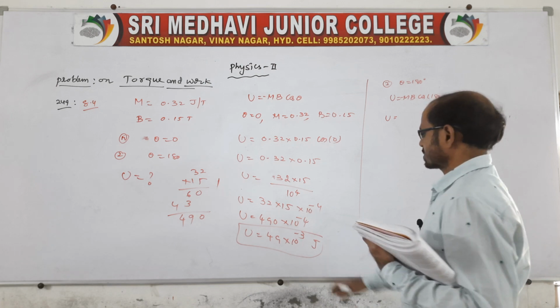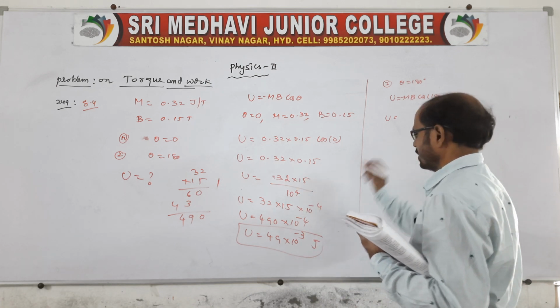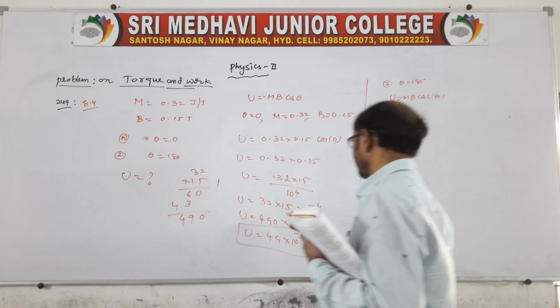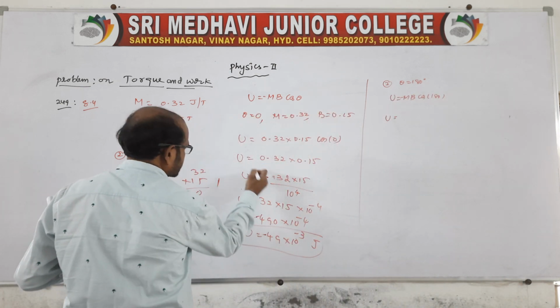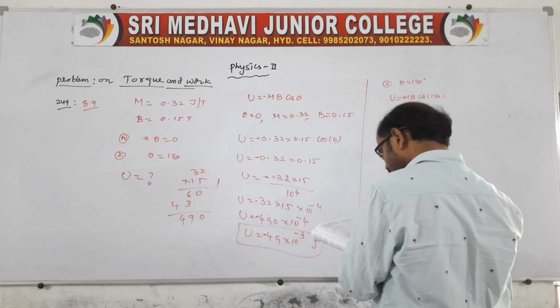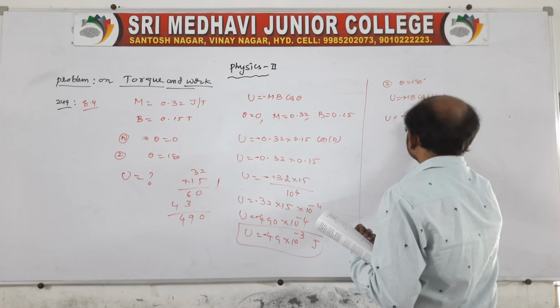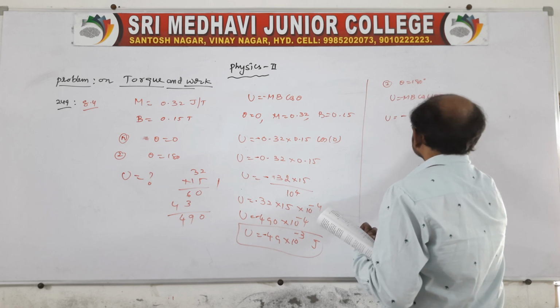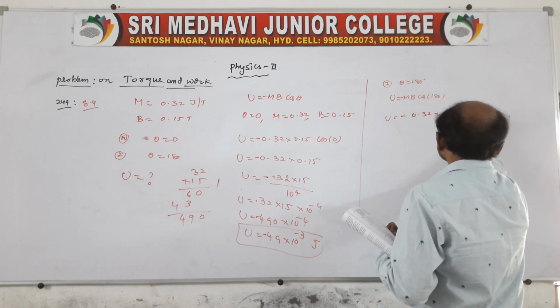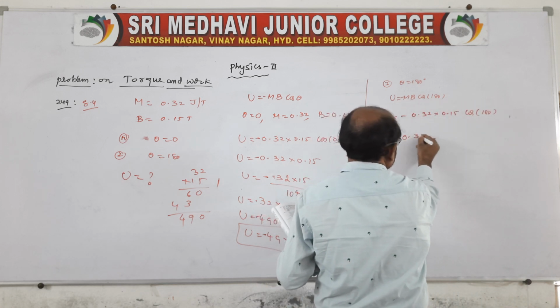So here, minus. Cos 180 is minus 1, no? It becomes what? Of course here we'll get minus, no? I'm sorry to say, this will be minus. Everything is the same, but what happens is minus m into 0.3 into B, 0.1 cos 180 will be minus 1. So it is minus of minus, which becomes plus.